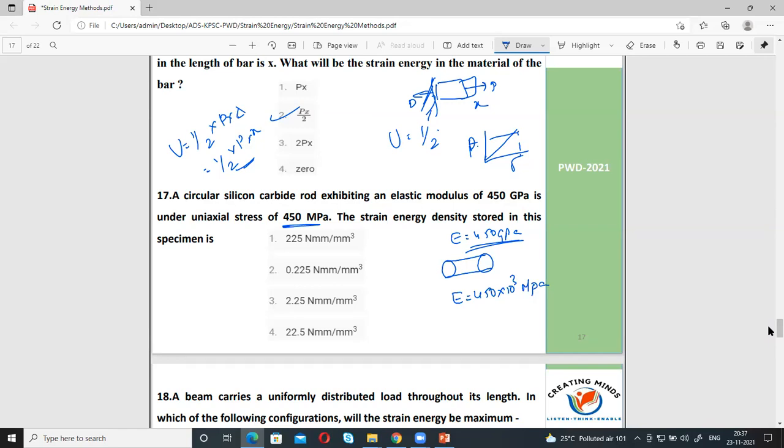So E is converted. Under uniaxial stress, sigma is given. Sigma is 450 MPa. What is the U? What is the equation? I don't require the answer. What is the equation? Sigma square by 2E into